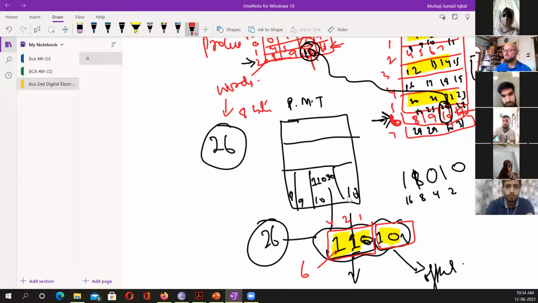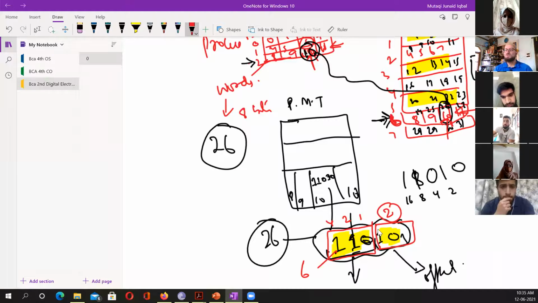You can talk. What is 10 equal to? 10 means 2. So that means it will be at the second offset, that is 0, 1, 2 here. I got it exactly where it is. So in the PMT, it will be like this, and it gives me the organization such that the byte number tells me exactly which frame and which offset.